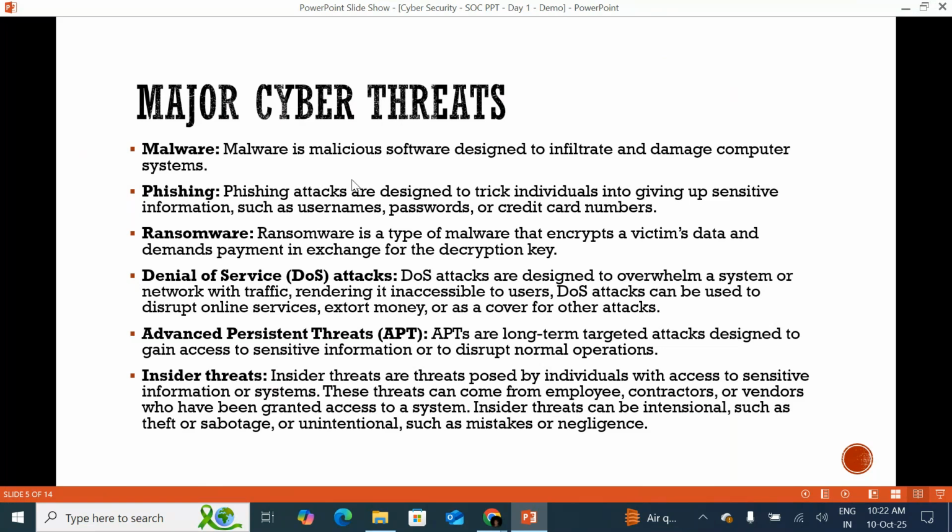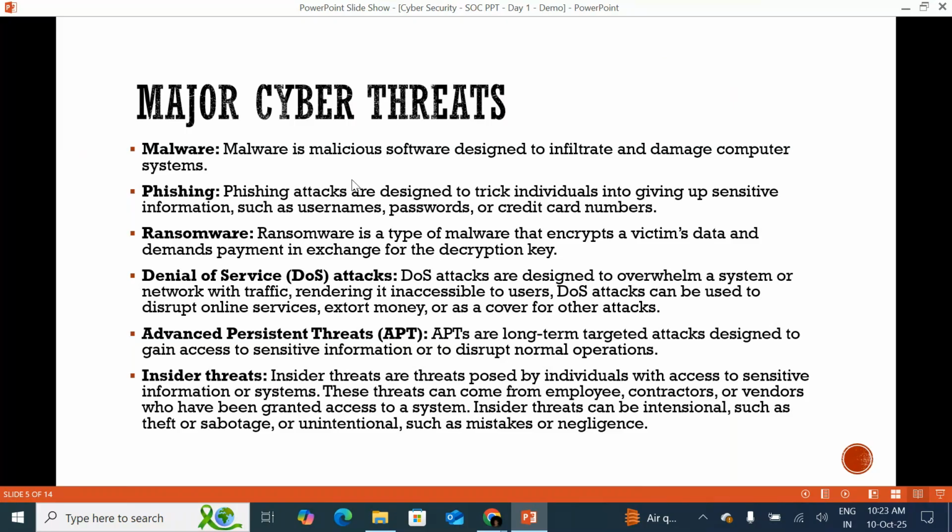For example, there is a laptop. I want to damage it, I want to infiltrate it, so I will inject a malware there. With that malware software, I can take control of that laptop, monitoring whatever I want. That is the software that is designed like that. Next I will show you some malwares in coming examples. No worries, now just understand.